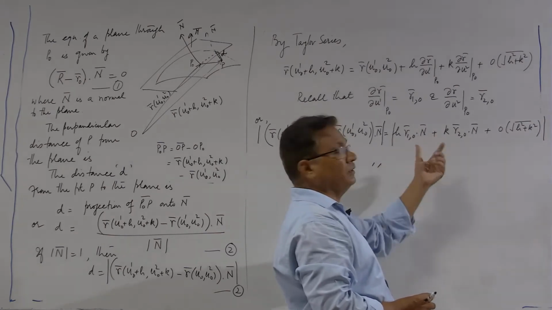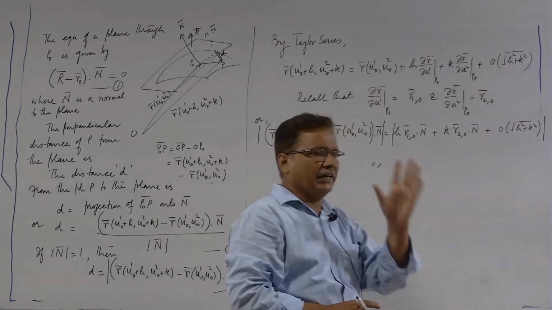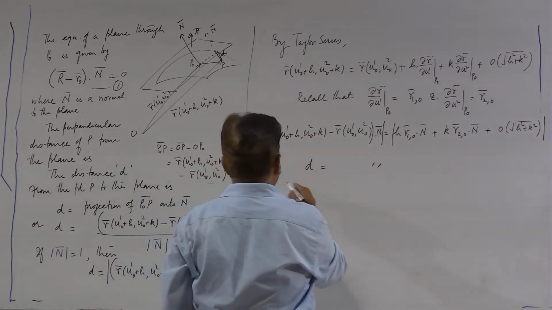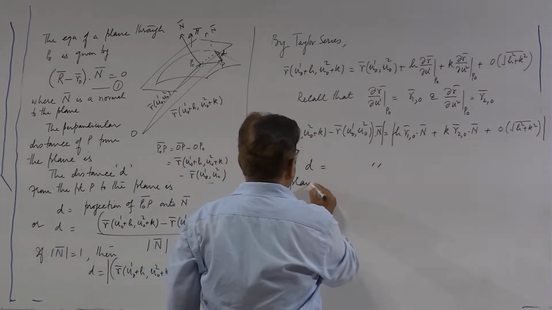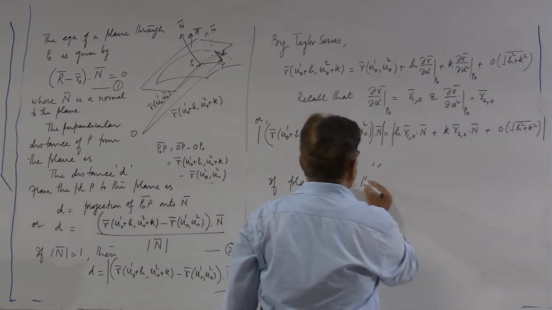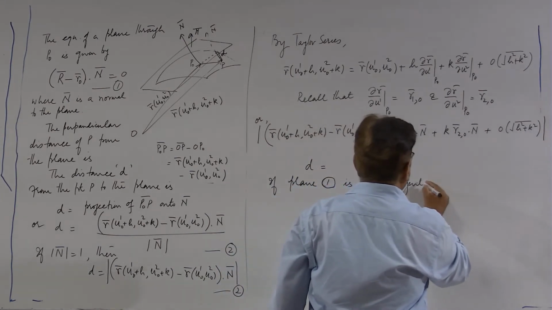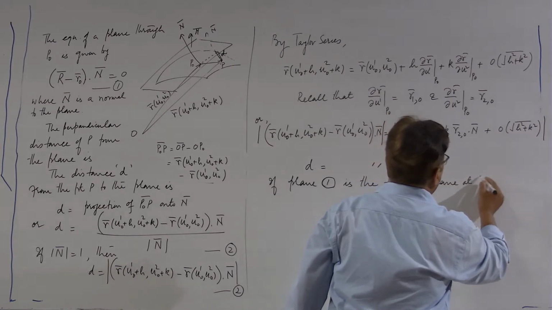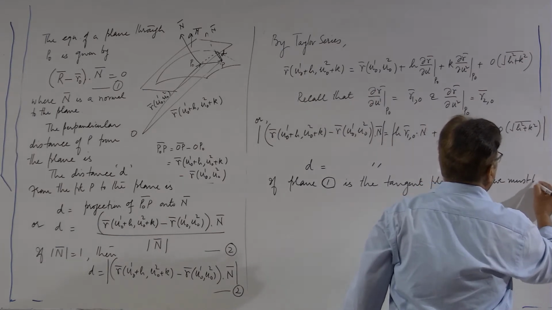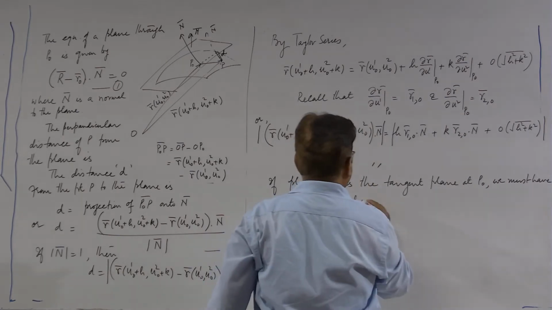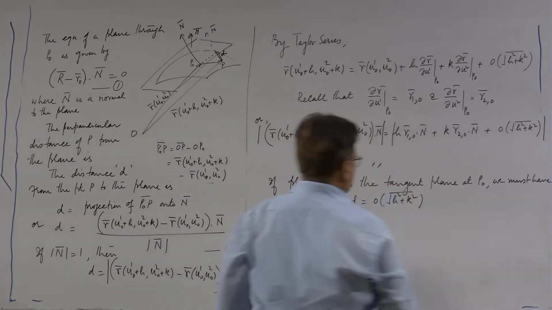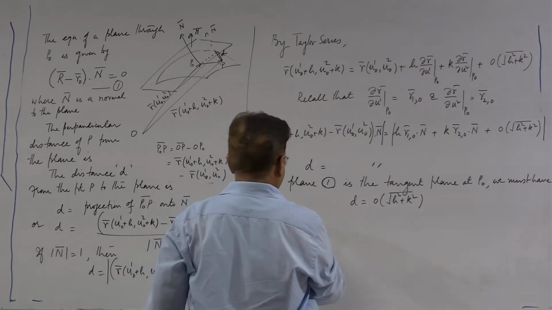In fact, both the terms should separately be equal to 0. This I have already explained to you in my earlier lectures. So, if plane 1 is the tangent plane at p 0, we must have d equal to order of h square plus k square, and this is equivalent to saying therefore,